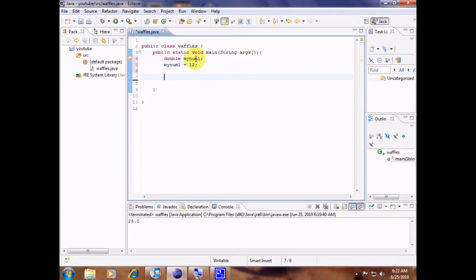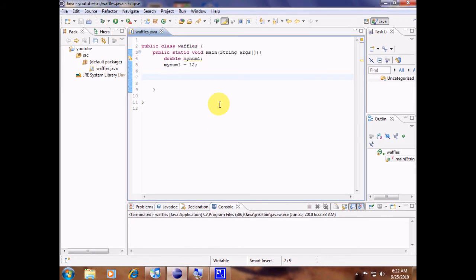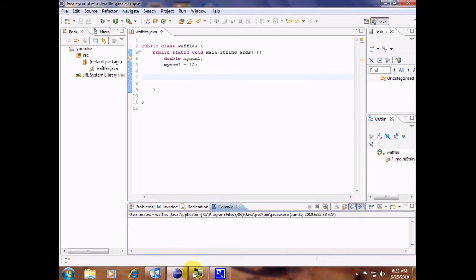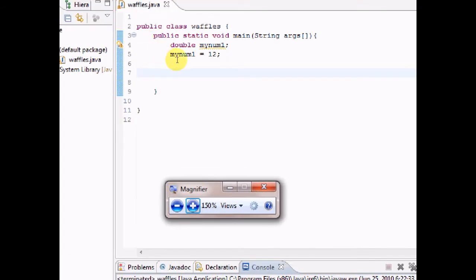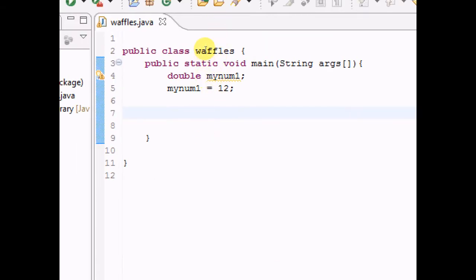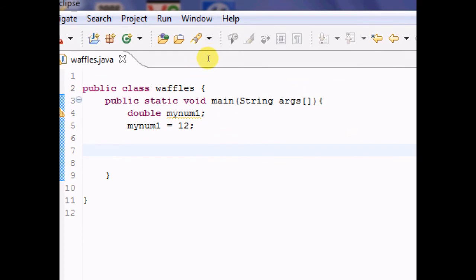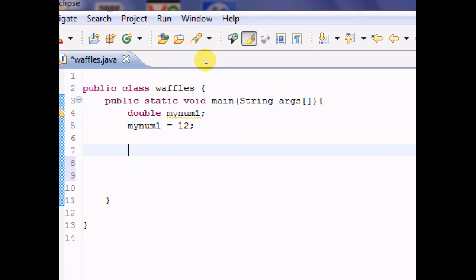So if we went over and ran this like that, press OK, nothing would show up. Do you know why this is? Yeah, do you know why this is? Because I know why this is. This is because we didn't tell Java to output anything. So we have to tell Java to